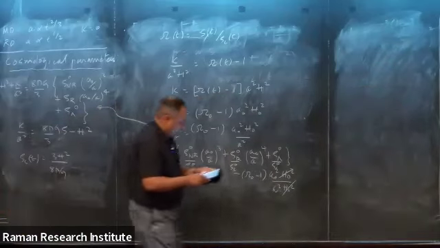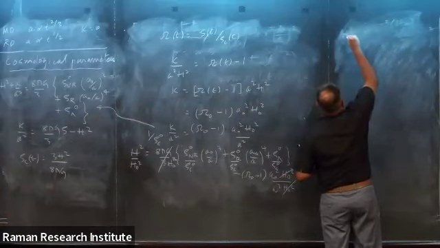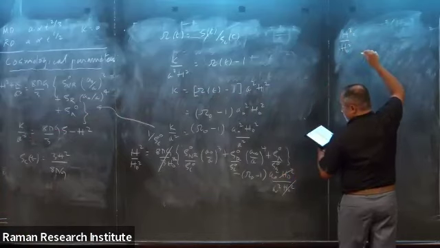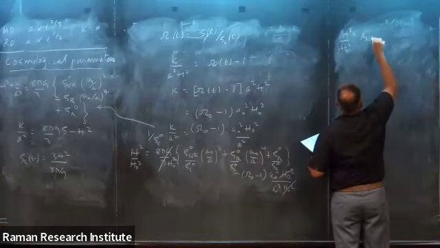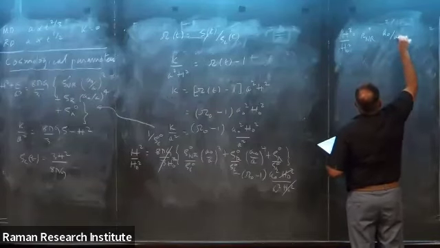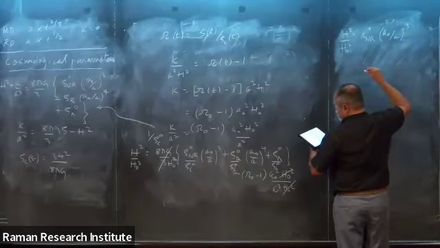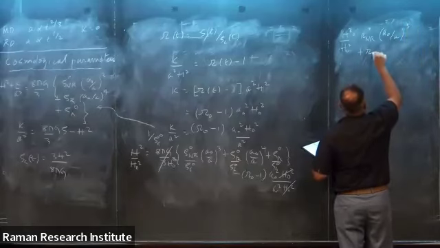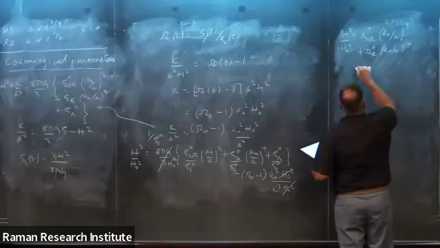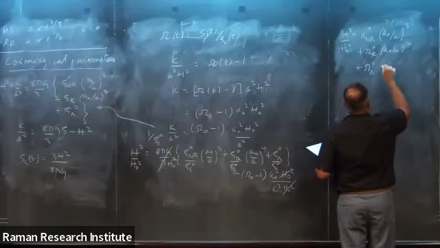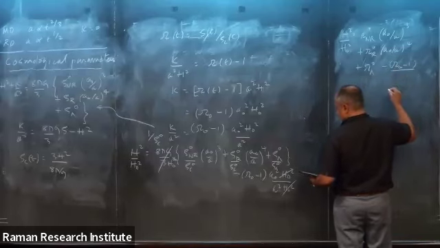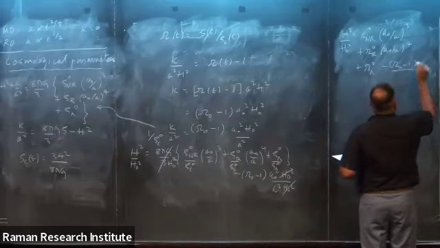So what do I have? I have h square by h naught square equal to omega nr naught into a naught by a whole cube plus omega r naught a naught by a whole power 4 plus omega lambda naught minus omega naught minus 1 divided by, where is this? a naught squared by a squared.